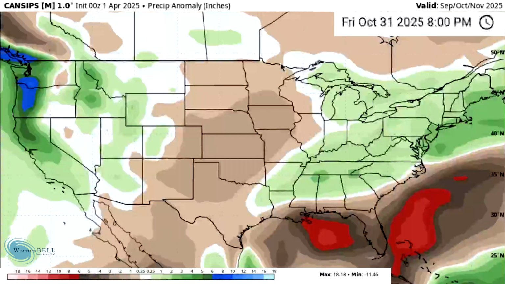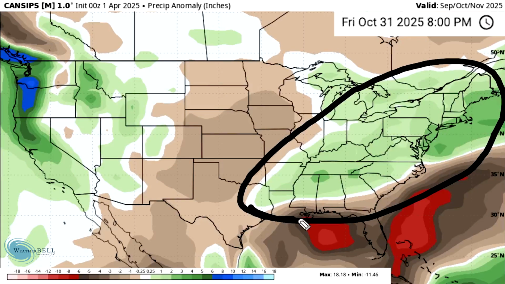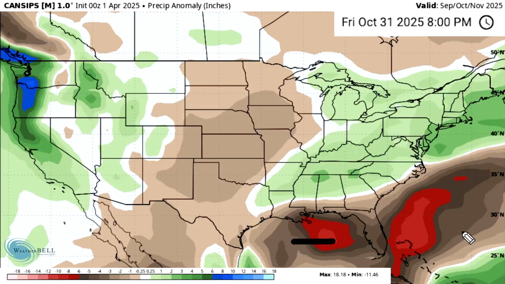Looking at the CANSIPS model, the second model, this one has disagreed with all the other models as far as precipitation so far every single time. But we do get pretty good agreement here, actually, on this one. The West being above average, the East being above average as well. It is a little bit further to the north, and we do see below average, actually, for the Gulf and